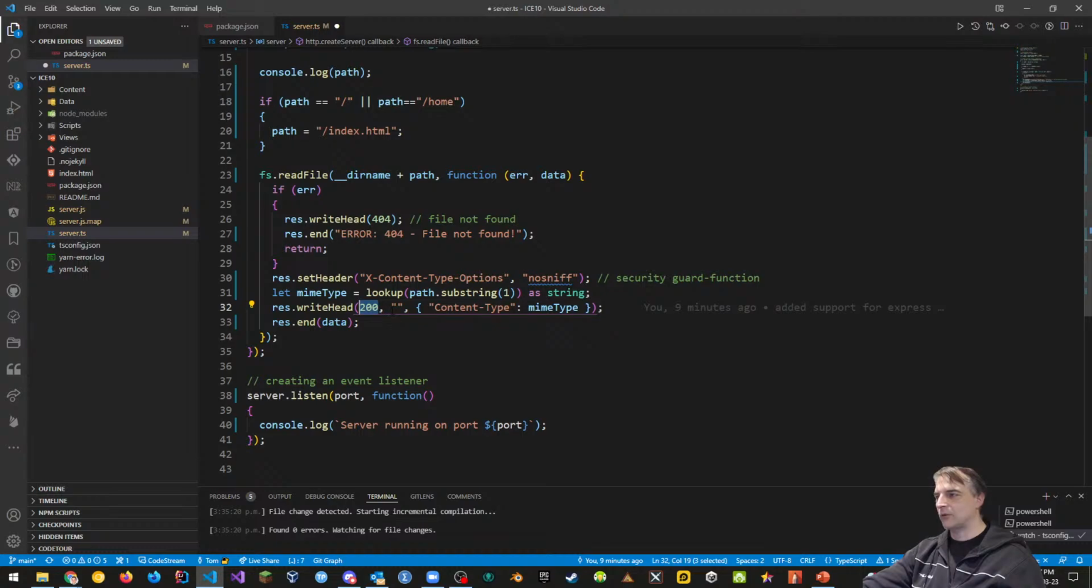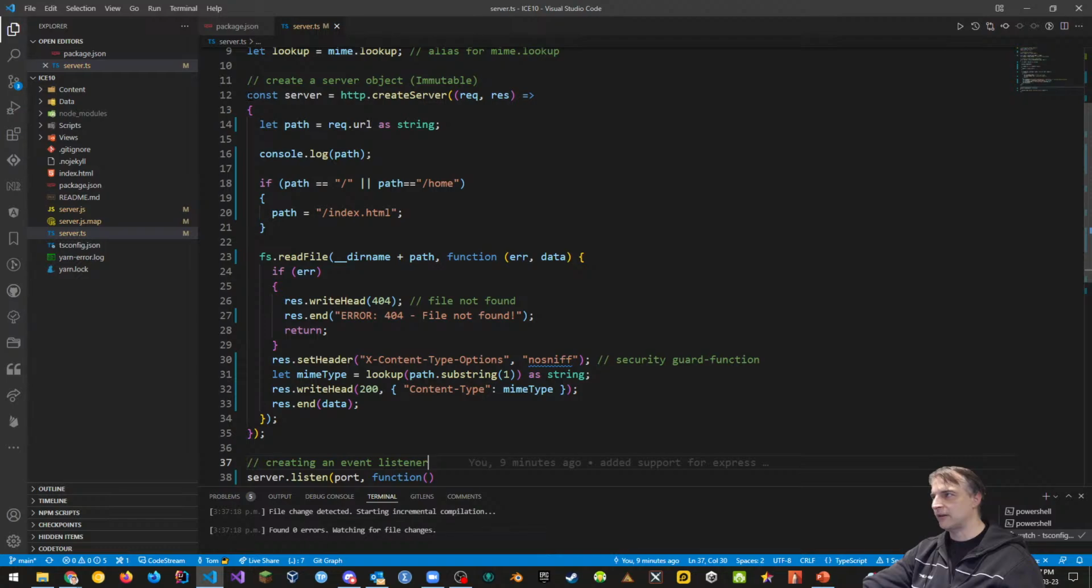200 is everything is okay, right? We write this content out to the page, and we're good to go. We don't even need this extra little space here. It works just like this. Save. After we've constructed our server, this piece right here, from line 12 to line 35, we've constructed